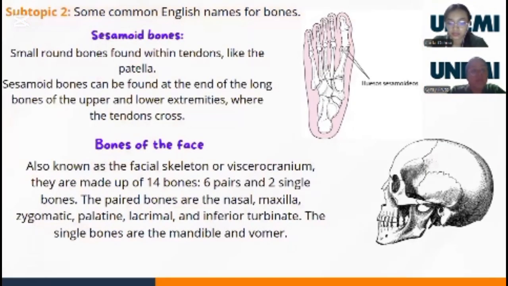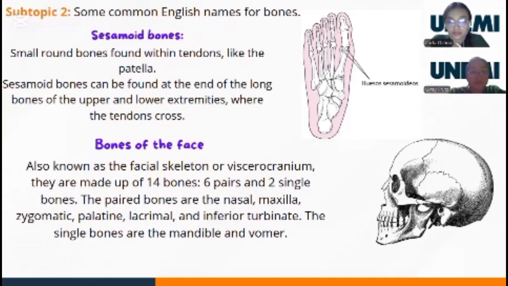Sesamoid bones are small round bones within tendons, like the patella. Sesamoid bones can be found at the ends of the long bones of the upper and lower extremity where the tendons grow. Bones of the face, also known as the facial skeleton or viscerocranium, are made up of 14